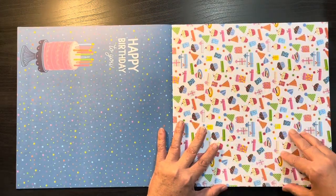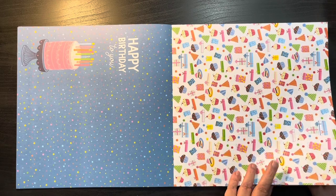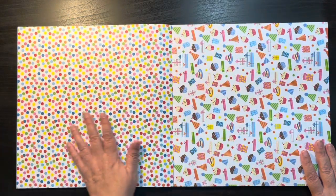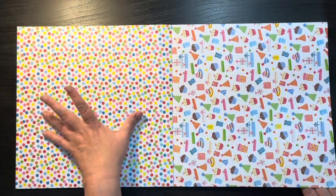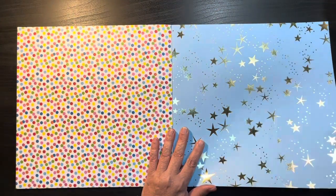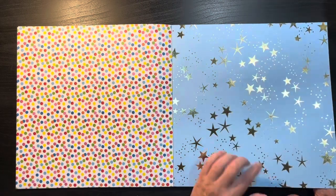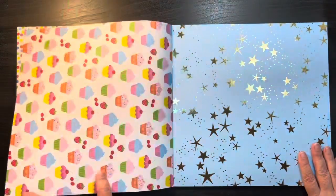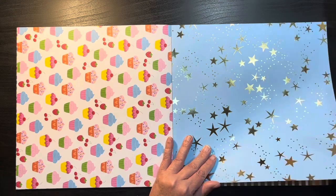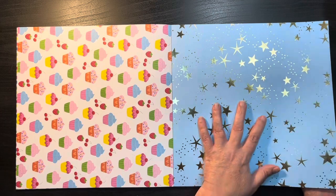This one here is just all different slices of cakes, cupcakes, presents. Again, just a fun birthday paper. And then a fun confetti polka dot paper with all the primary colors. This one, again, you could use it for anything. It is just your cornflower blue with all your gold stars and dots on there. And on the back side is cupcakes. So I could see using this. This would be a fun boy kind of page. And it doesn't necessarily have to be birthday. I could see using this for like